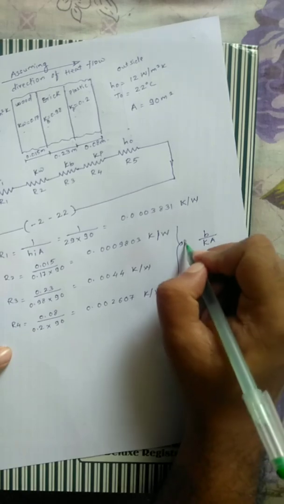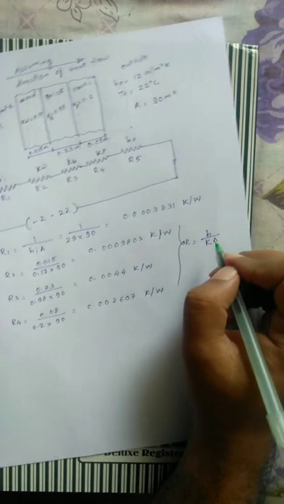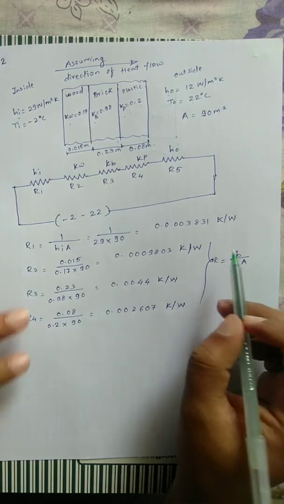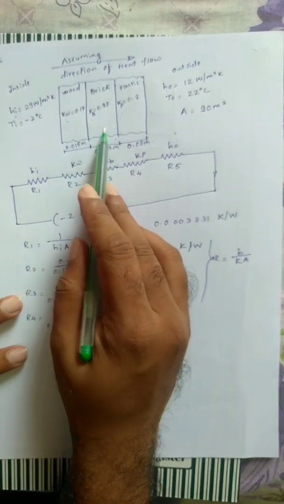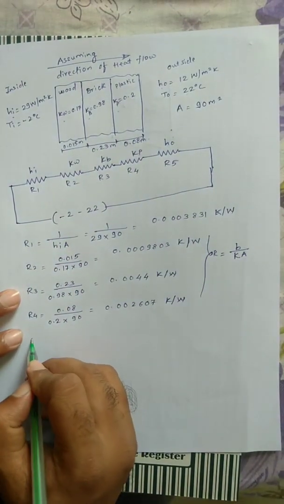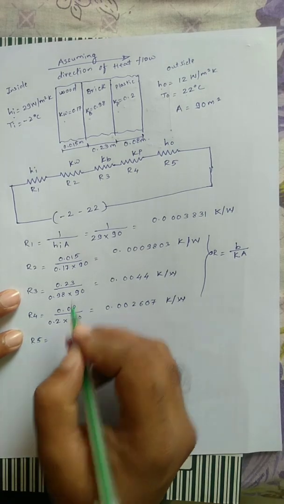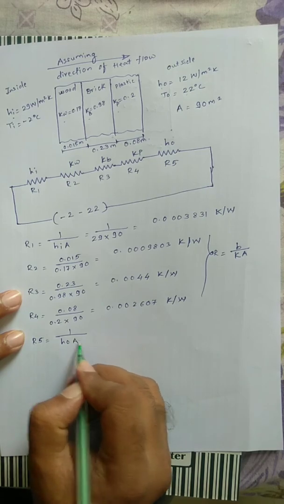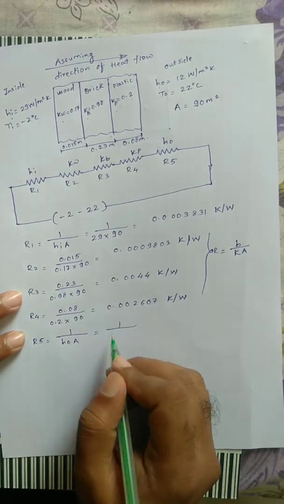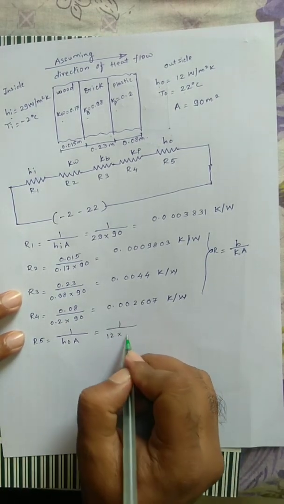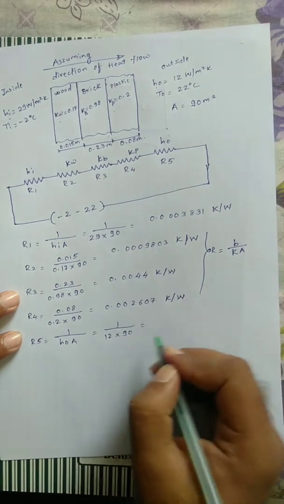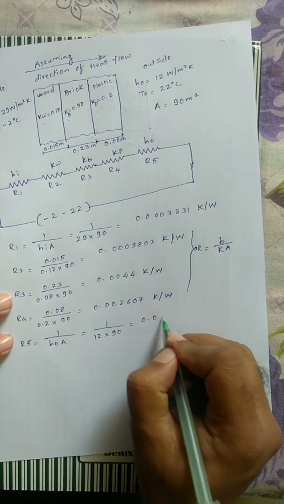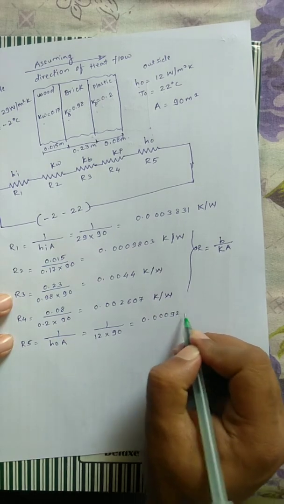The resistance for conduction equals B upon KA. Now B and K are variables for the slab, wood, brick and plastic. R5 again is due to convection, so it is 1 upon HOA, which is 1 upon 12 into 90. So it will have its answer as 0.000925